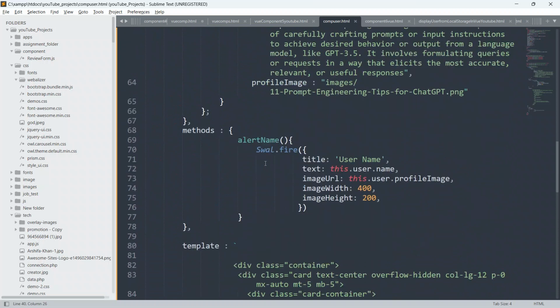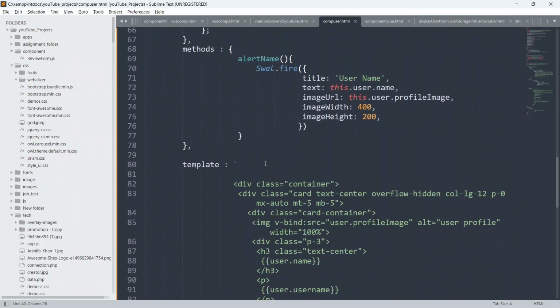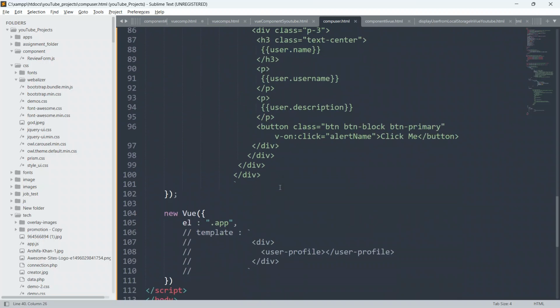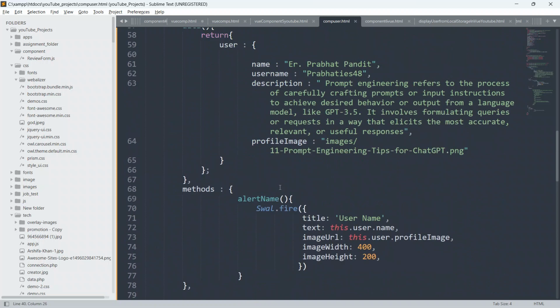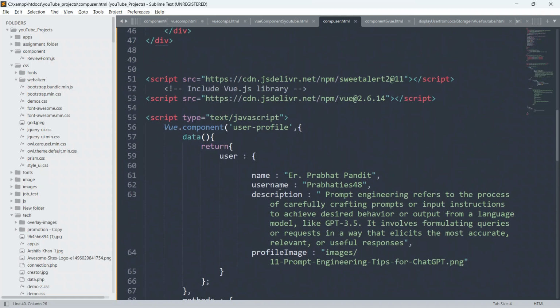Okay, so guys, I hope I have explained each and everything in depth, in detail, here inside our Vue.js custom component classes tutorial. If you still have any doubt, any query in your mind, feel free to ask me in the comment section below. I will try to clear all your doubts, all your queries.